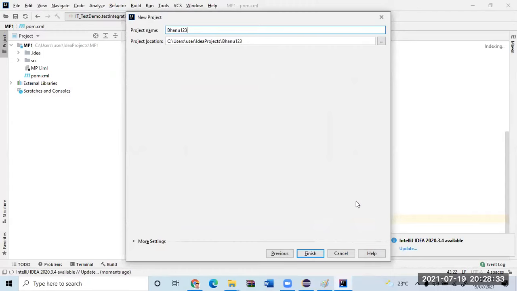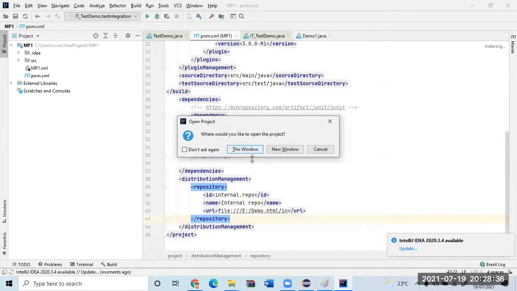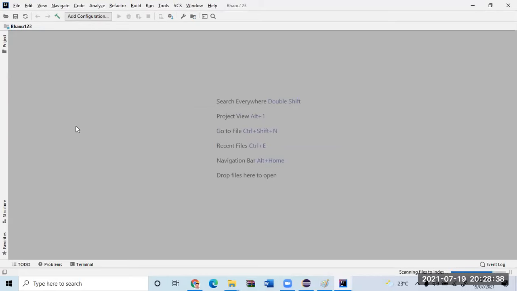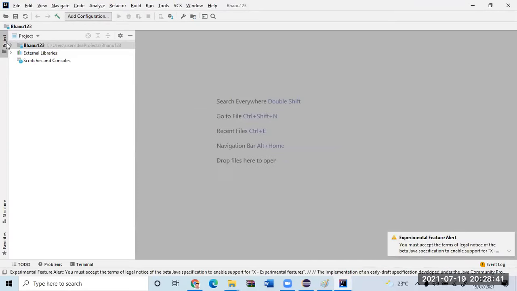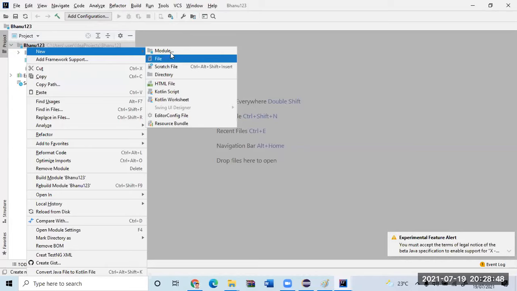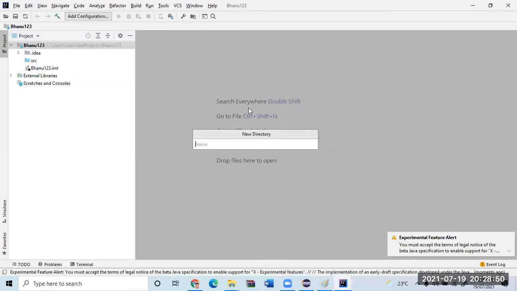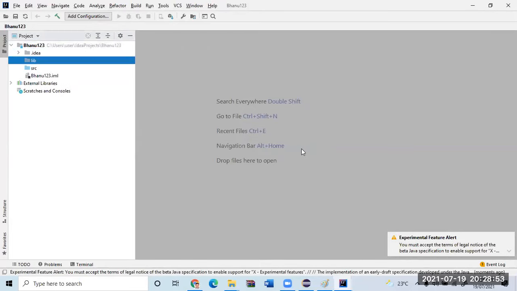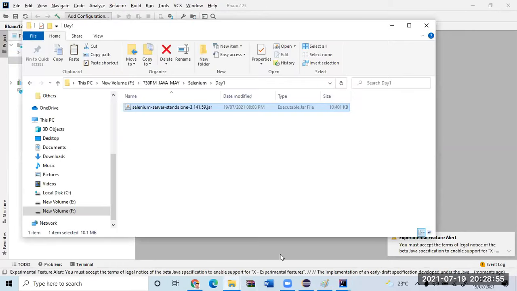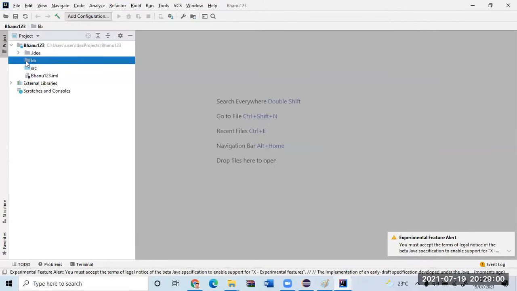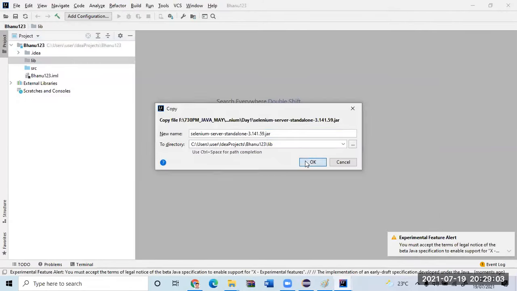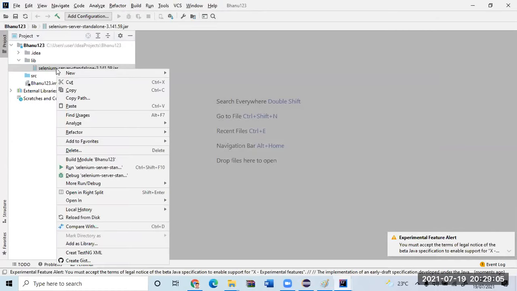What you can do is create one folder, copy paste it. Right click, there will be different options.